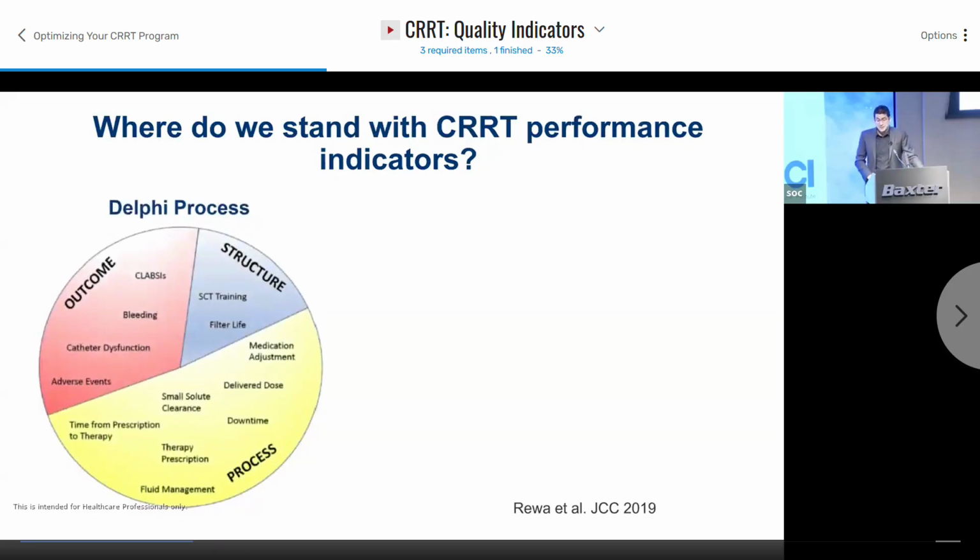Now, in these studies by Oleksa Rewa, through a Delphi process. The Delphi process is basically a consensus process by experts that review evidence and provide recommendations. There was a decision to classify key performance indicators based on structure, processes, and outcome. The structure meaning the team, the filter life, the training strategies, processes, all the related to the prescription, time from